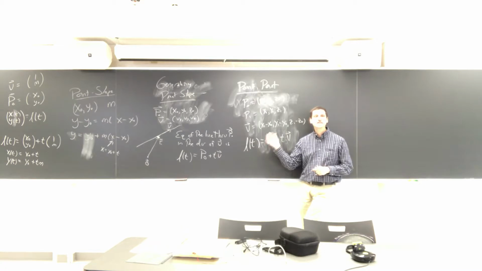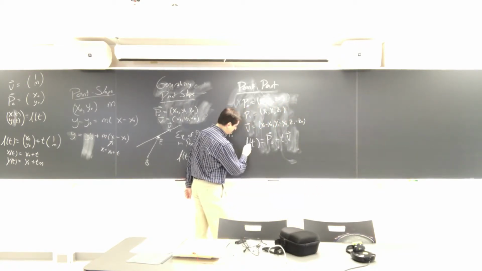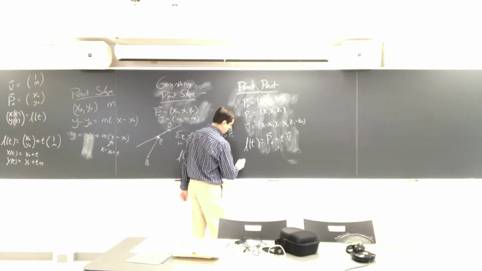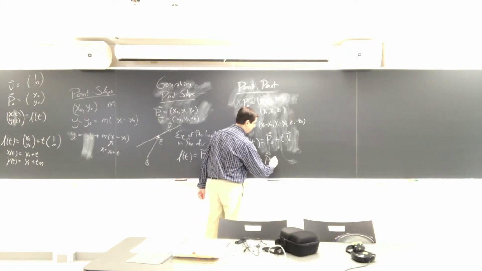I've been saying the equation of the line. Nobody's been jumping on me on that. Is there only one equation for a given line? No. I could have another equation of the line. So I could call, instead of L of t, maybe I could call it capital L of t. Could be P naught plus